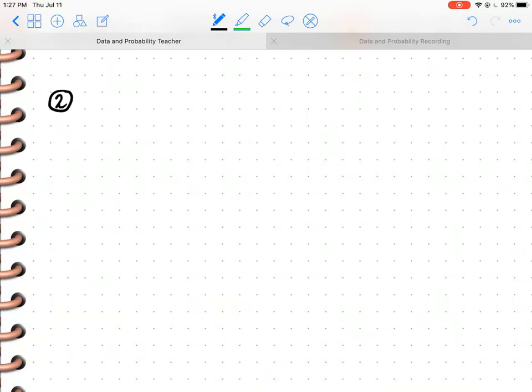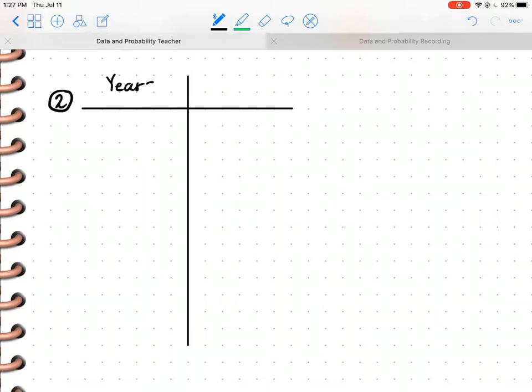Now you may be able to look at this graph and figure that out, and if so, that is wonderful. You do not need to go through drawing this. But just to help you understand it in case you're struggling with it, I want to draw a frequency table. So in the first column, we're going to put the years of experience intervals,